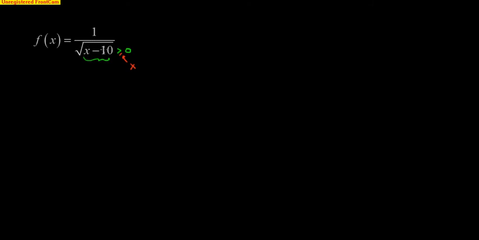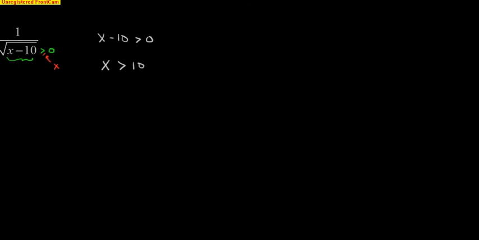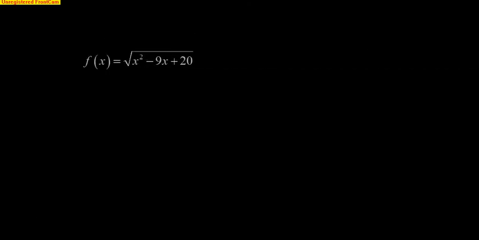So when you have a radical that's in the denominator, you just have to set it greater than 0. So we're going to have x minus 10 greater than 0, not greater than or equal to like we did before. So the domain here is going to be all the numbers that are bigger than 10. Okay, and then last but not least, we're going to have another one over here where we have the square